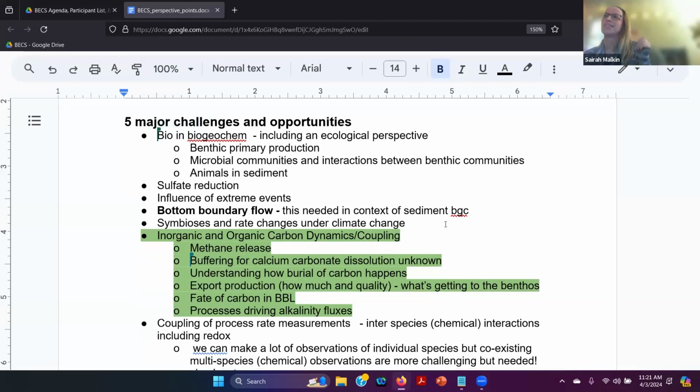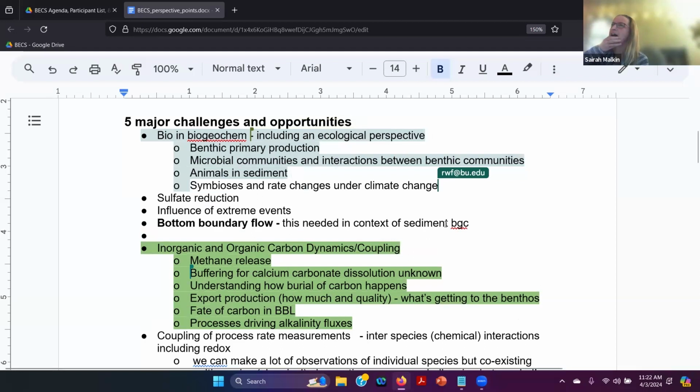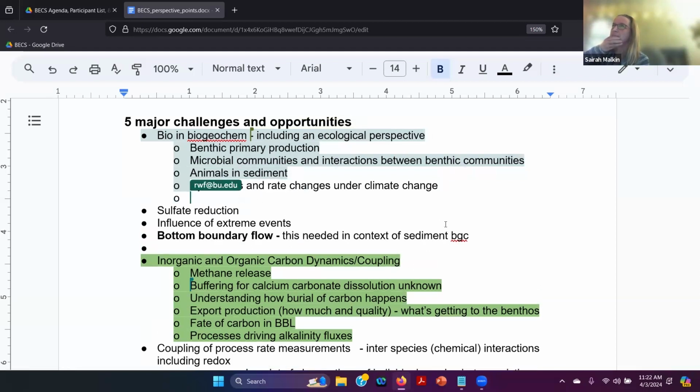And I'm currently missing a talk in our department right now about one of these experiments that was taking place in New York Harbor this past summer, I guess. As well as, I guess this is related to the inorganic carbon dynamics here and the alkalinity fluxes, but in the context of the global climate change. And we could think of multiple pieces of that as separate,